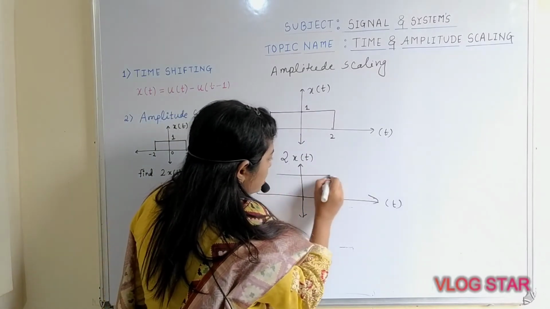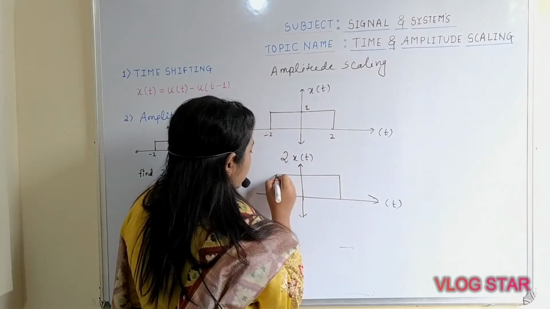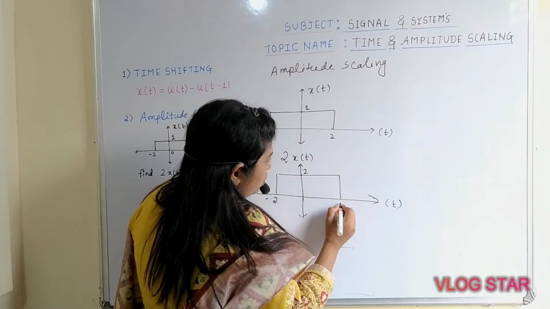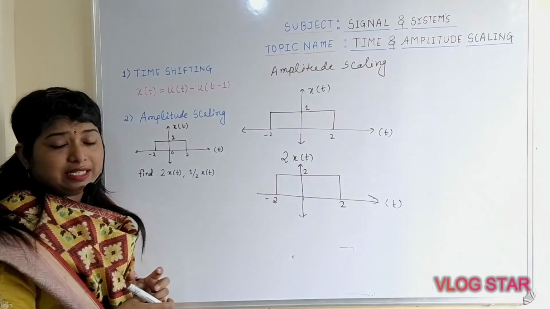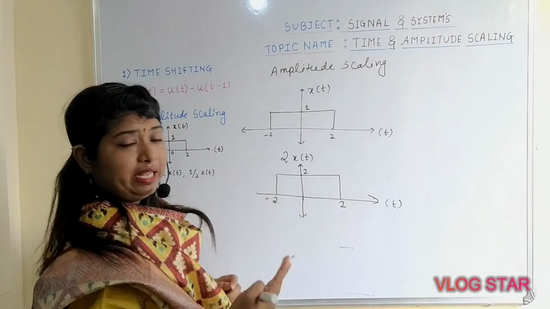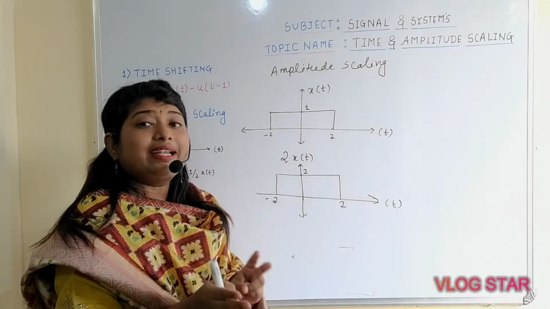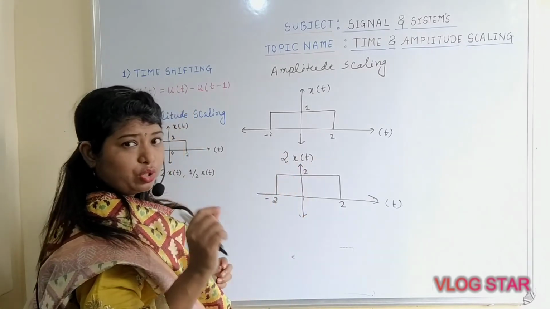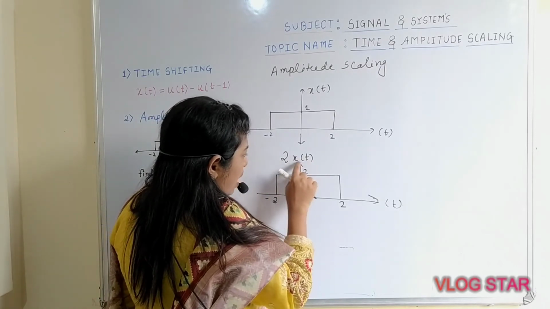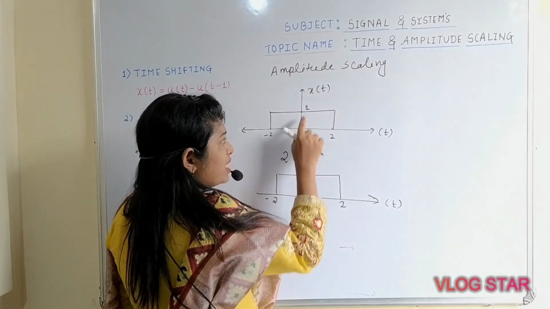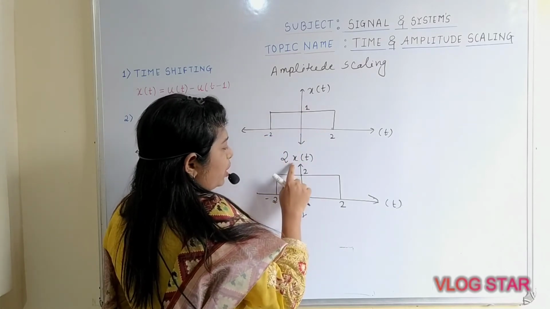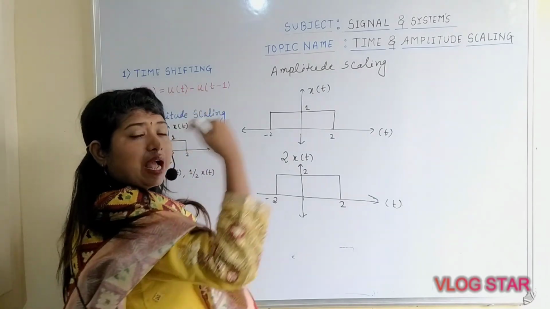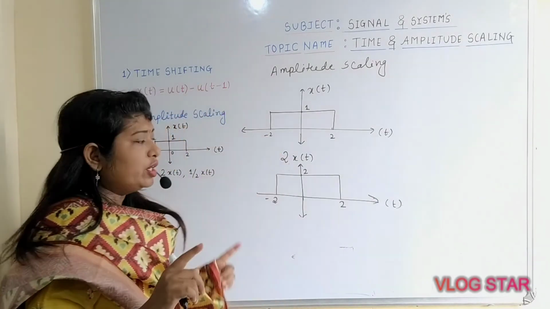So how are you going to draw? Simply you have to multiply the given signal by 2. So the amplitude becomes 2. On the x-axis you have to keep the values as they are, because we have to perform amplitude scaling. In the previous example we did time shifting, but here we have to perform amplitude scaling. I hope you have understood this. This is 2 into x of t, so you have to check the amplitude for x of t. It is 1, so 2 into 1 is nothing but 2. Simply perform the amplitude scaling. Now the amplitude is 2. I hope you have understood this.